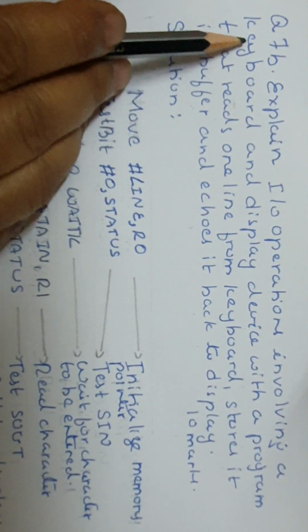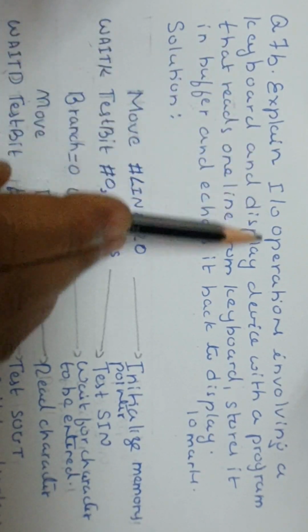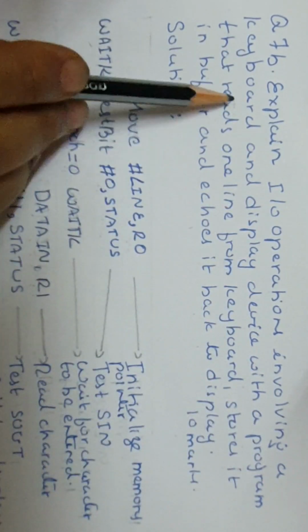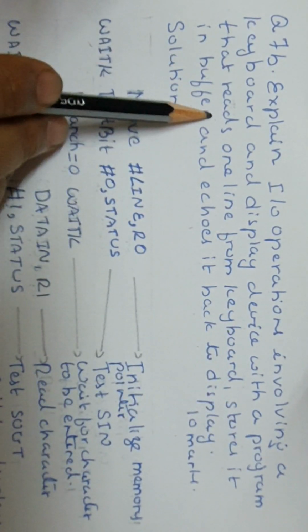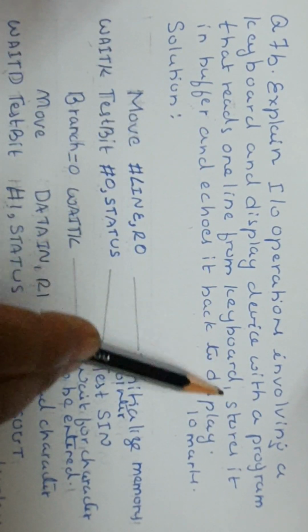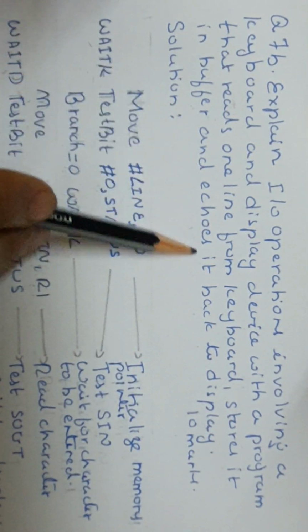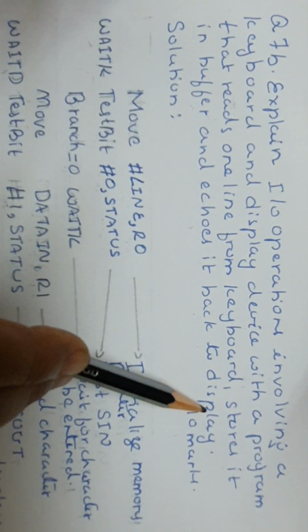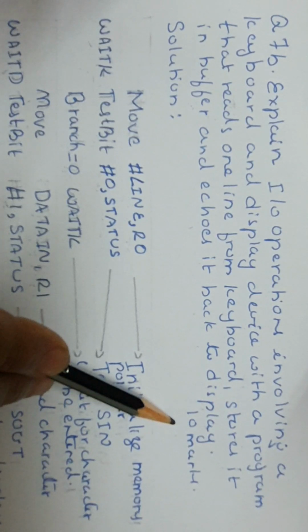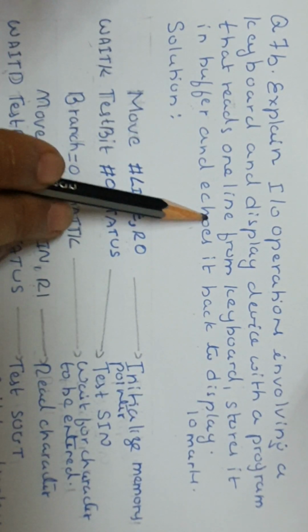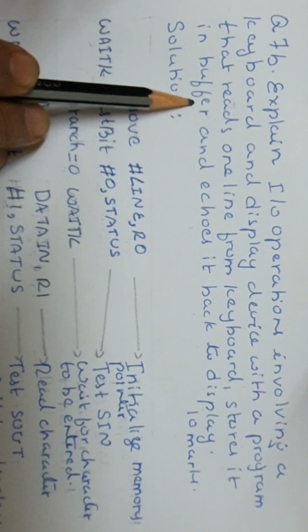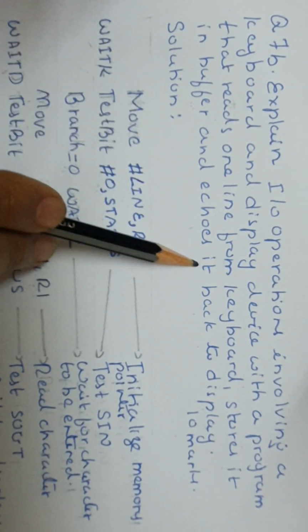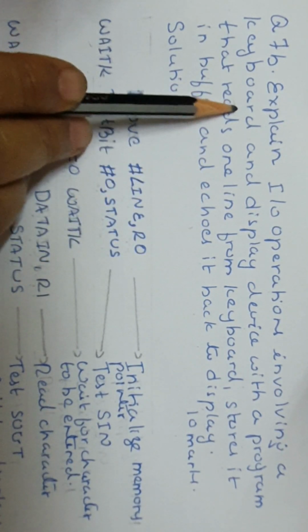Next we shall discuss question number 7b. Explain IO operations involving a keyboard and display device with a program that reads one line from keyboard, stores it in buffer and echoes it back to display. So this question is therefore 10 marks. It has 3 parts: reading a character from keyboard, then storing it in buffer and sending it back to display. Like this, 3 actions for every character pressed